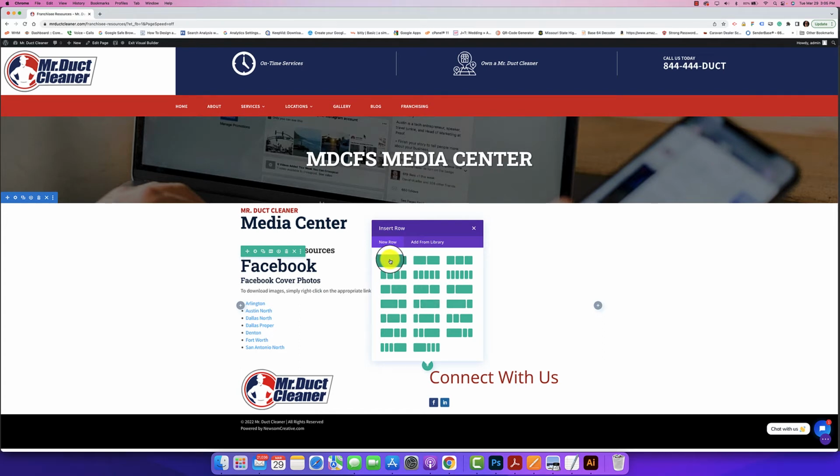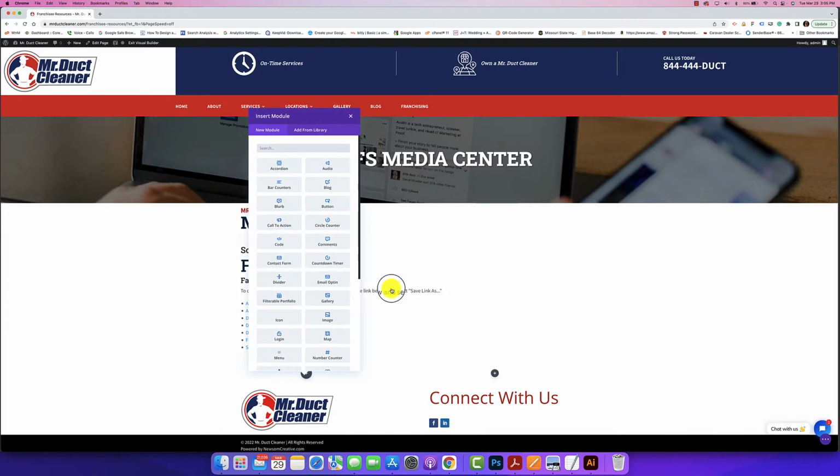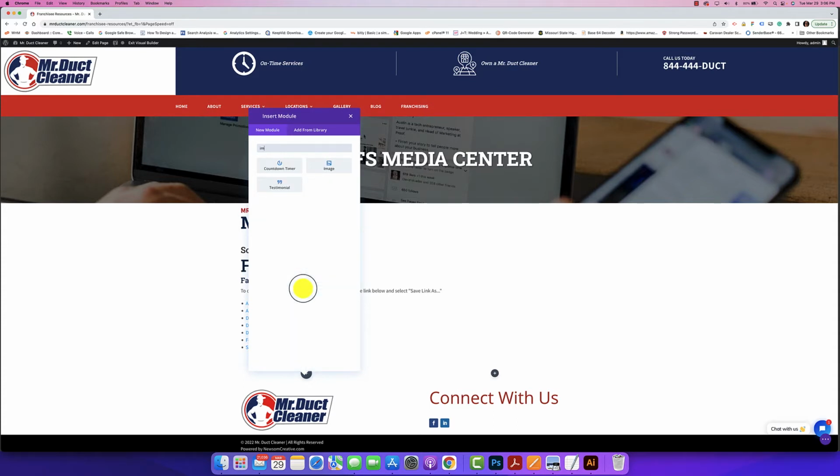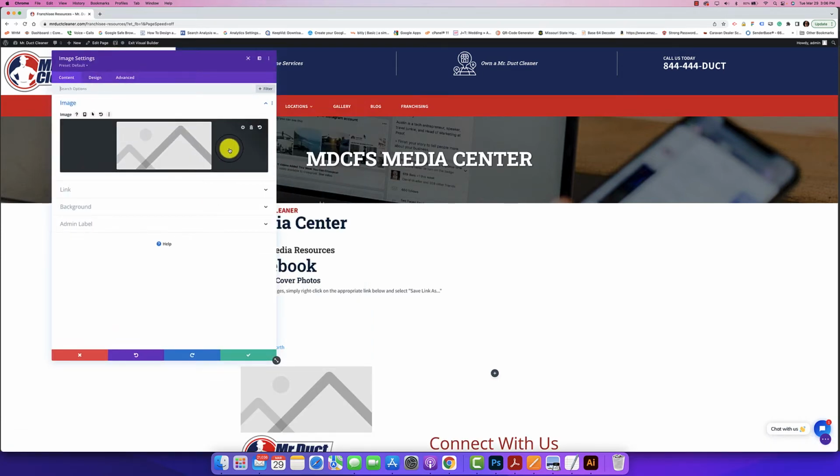In this case, just for the sake of this tutorial, which I will back out of before I save all of this final, I want to come down here and click on this, and it gives you the insert module dialog box here. If you have multiple columns, it's always going to select column 1 first, and then you'll be able to go over to the plus sign on the second column or third or whatever it is that you're using. So in this case, I want to add an image here because I'm going to add the vehicle wrap file,